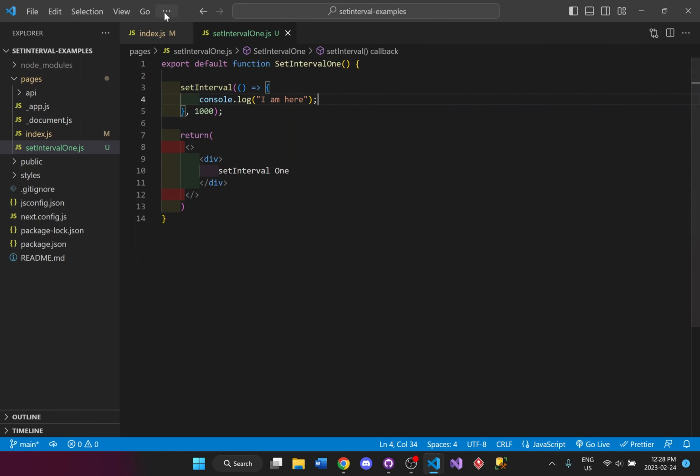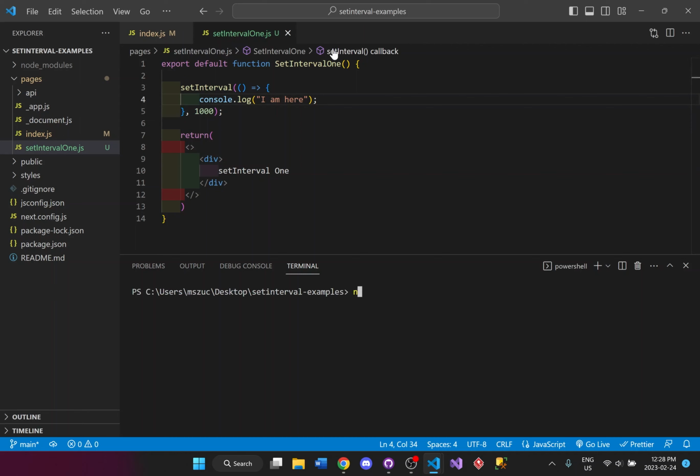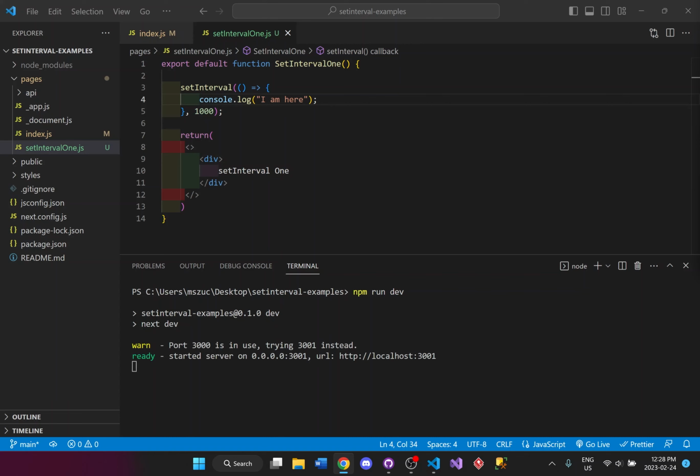And I'm going to save this, and then I'm going to go to my terminal, and I'm going to run this application, npm run dev. And now I should be able to see, if I go to localhost 3001,